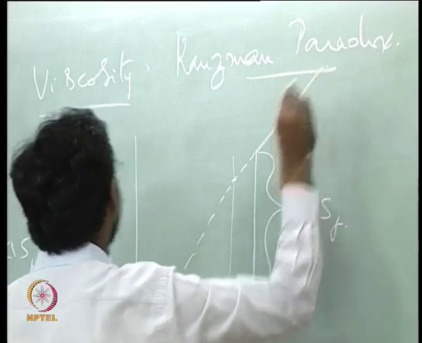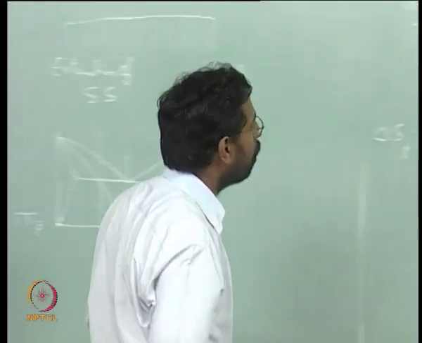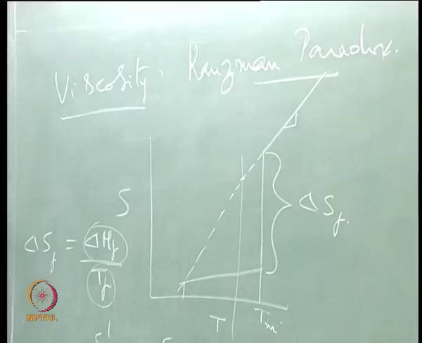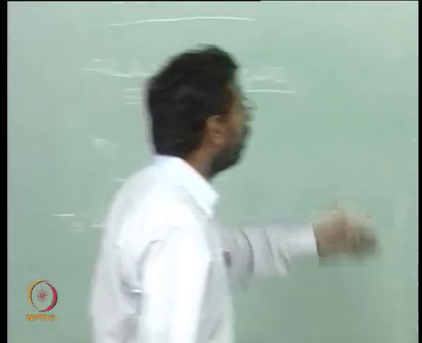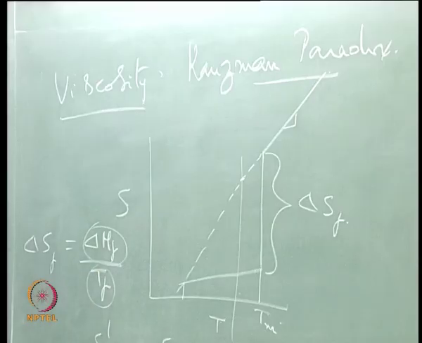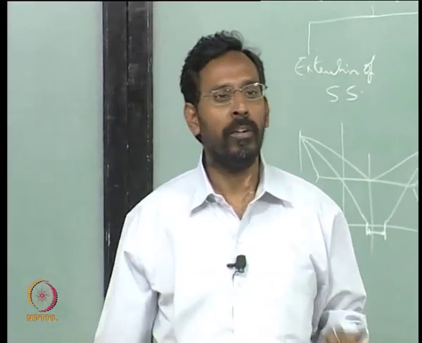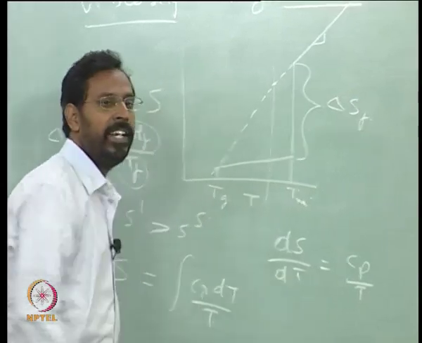It was Kauzmann in around 1950s, possibly 1954, who pointed out this paradox. He says there is a temperature below which the entropy of the liquid actually appears to be below the entropy of the solid as it keeps on undercooling, and that particular temperature at which you see this happening will be the temperature where the liquid wants to avoid that kind of a paradoxical situation, and the only way it can avoid it is to simply become a glass, and that is what we call the ideal glass transition